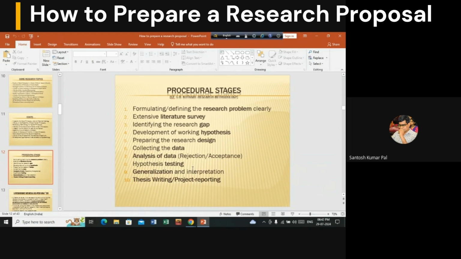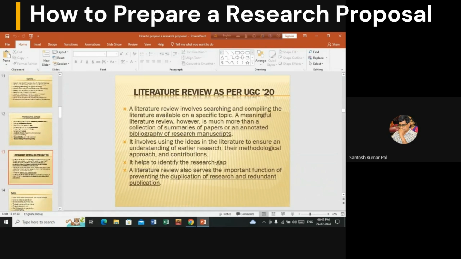এবং তার মধ্য দিয়ে আমি একটা থিসিস বা প্রজেক্ট রিপোর্ট বা ডিসার্টেশন লেখার চেষ্টা করবো। এই হচ্ছে মূল প্রসিডিওর। এটা সব সাবজেক্টে হুবহু একরকম নয়, কিন্তু সোশ্যাল সায়েন্সের ক্ষেত্রে মোটামুটি এরকম একটা বিষয় আমাদের মাথার মধ্যে রাখতে হবে। কোনো একটা সাবজেক্টে কোনোটা বেশি গুরুত্বপূর্ণ, কোনোটা কম গুরুত্বপূর্ণ। যেমন রিসার্চ ডিজাইনটা আমাদের ক্ষেত্রে ততটা গুরুত্বপূর্ণ নয়, কিন্তু অন্য একটা সাবজেক্টে খুব বেশি গুরুত্বপূর্ণ, এরকম হতে পারে।